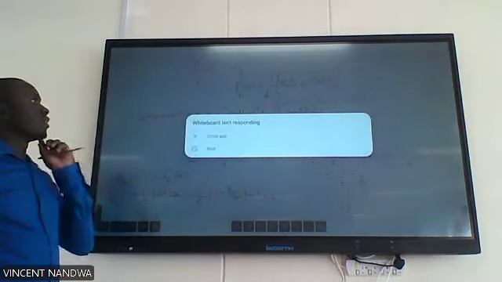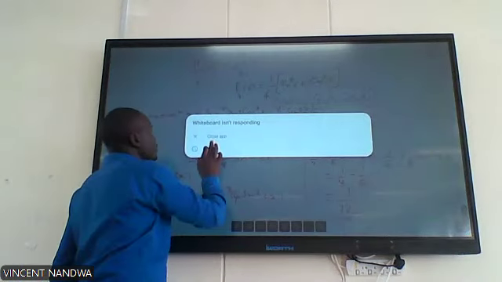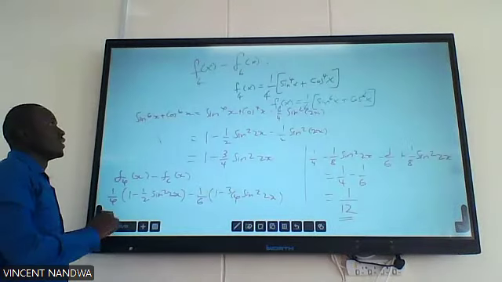And then you see this one from the even powers of cosine and sine, then it actually tells us